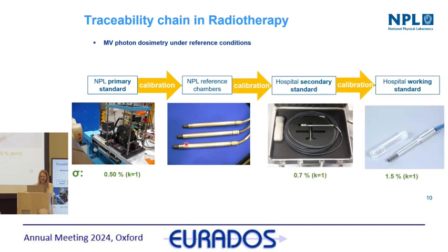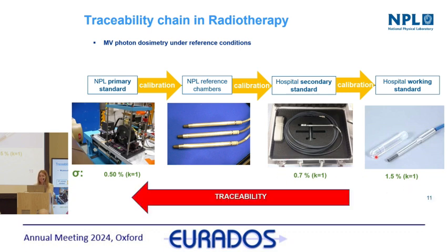But it is, again, transferable and needs to be also applicable to all the new modalities that are emerging, like flash radiotherapy. So we need to remember that traceability is this unbroken chain of calibrations, as you can see over here, with which each of those calibrations is contributing to measurement uncertainty. And we need to make sure that we are able to demonstrate those traceability chains, not only for the existing therapies, but also for emerging ones like this one,